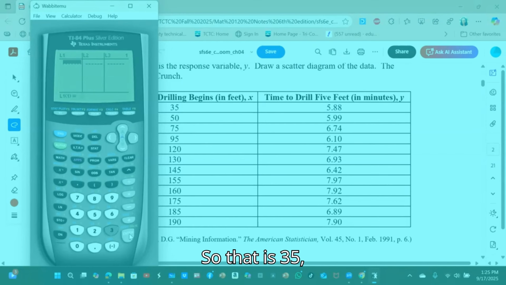So that is 35, enter, 50, enter, 75, enter, 95, enter, 120, enter, 130,